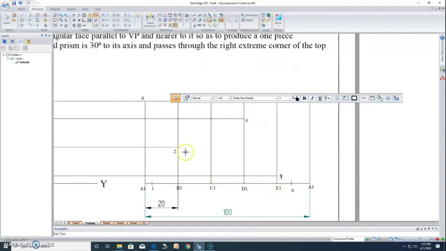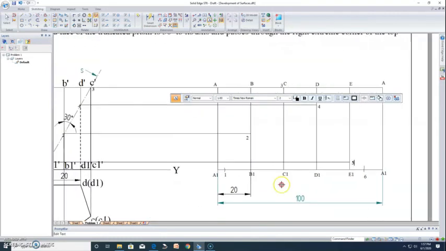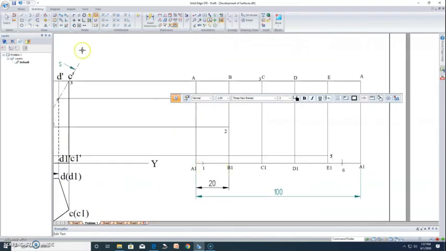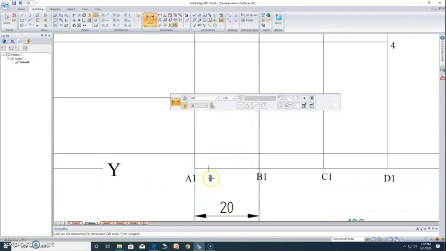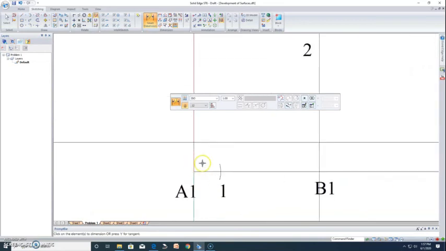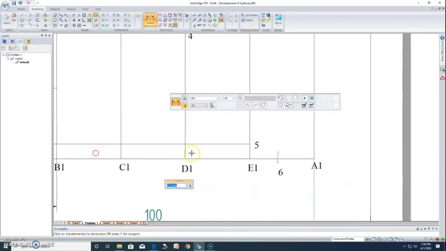So here the vertical edges distance you take from the front view, whereas the distance of 1 and 6 with respect to, let us say, A1 has to be measured with respect to the top view. So we'll just show you that. This is 4.32.